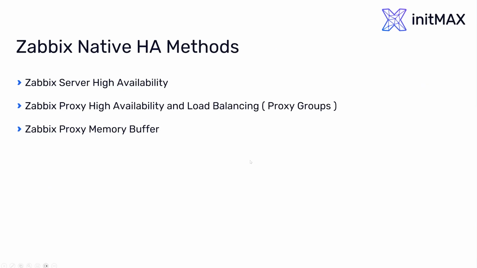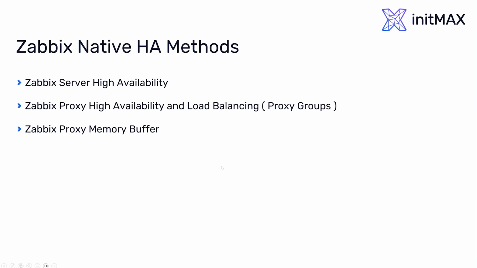And I will say that this proxy high availability and load balancing with the proxy groups is probably a more important and cooler feature than Zabbix server high availability itself, because